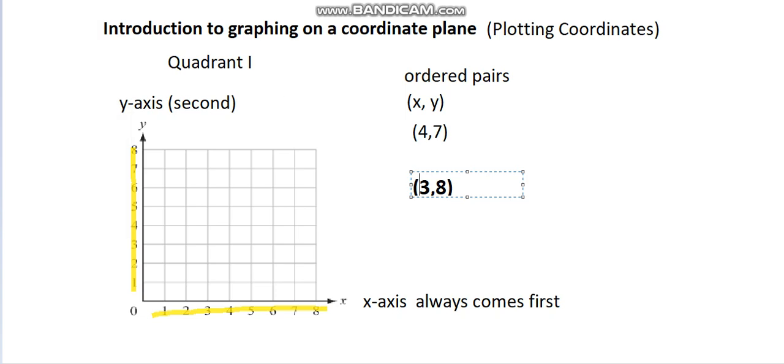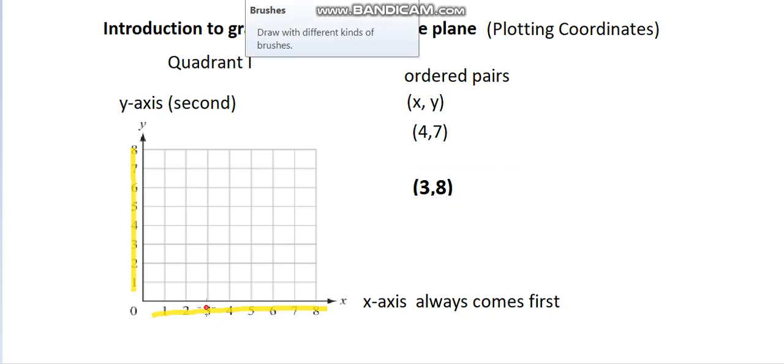The first thing that we want to do is locate 3 on the x-axis. Here we go. And I want to put my point where 3 and 8 meet. So 3 on my x-axis and 8 on my y-axis. It's going to be somewhere along here. Here's the 3 on the x-axis, but now I want to find where 8 meets the 3, and here it would be. I'm going to plot my point,